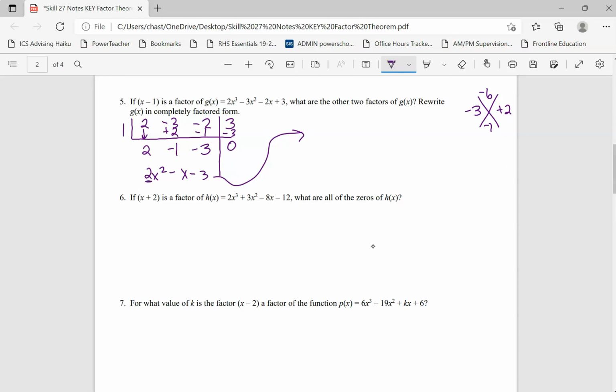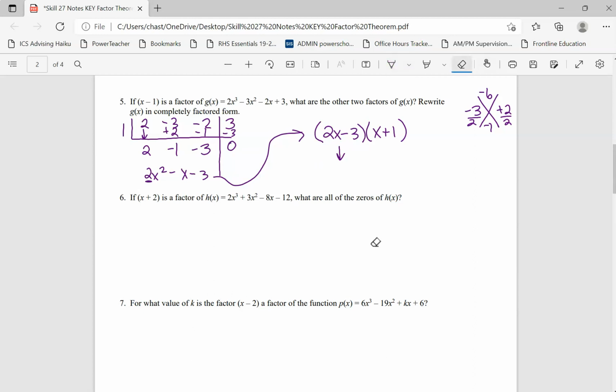But we have an a term of 2, so we're going to divide these by 2. And so that'll factor as, when I look at that, negative 3 over 2, that becomes 2x minus 3. And then the 2 divided by 2 is 1, so x plus 1. So that means we're going to have,